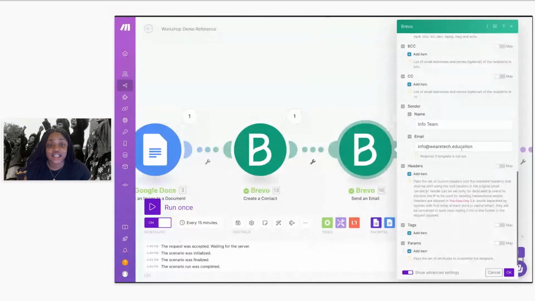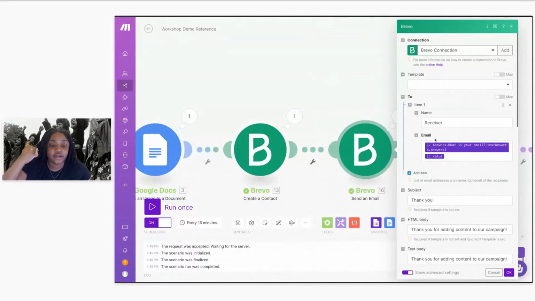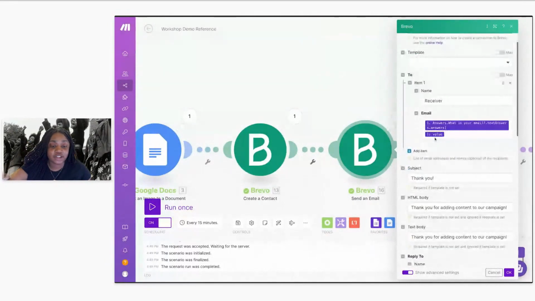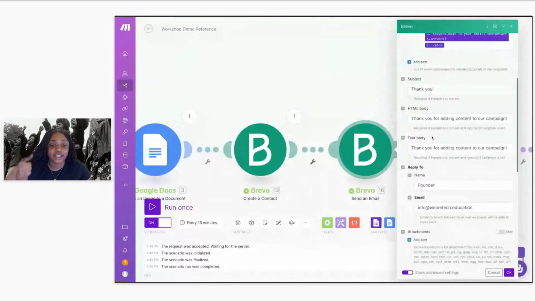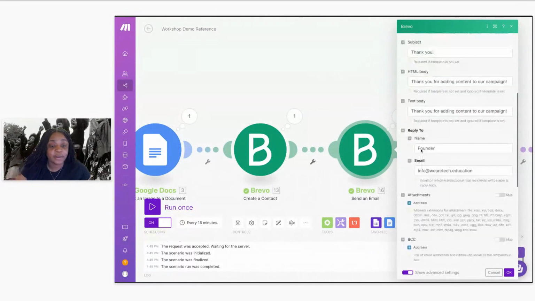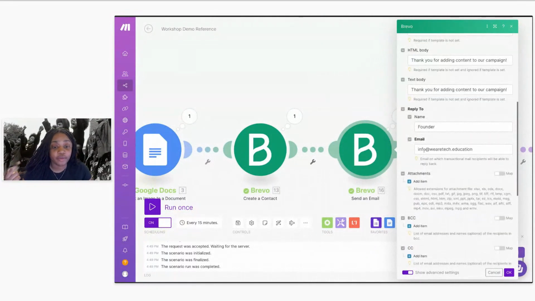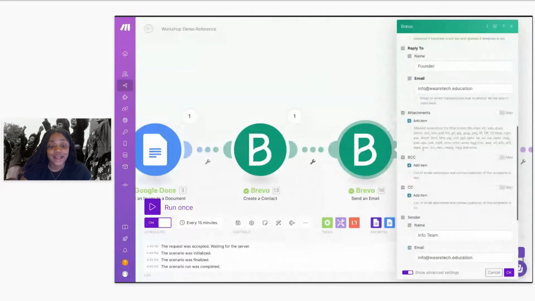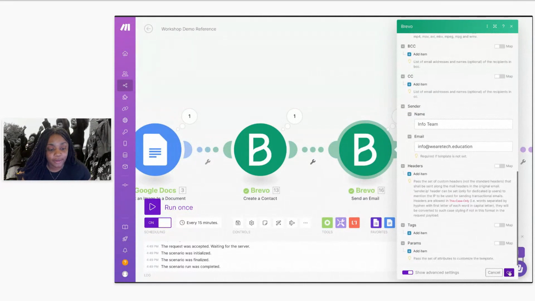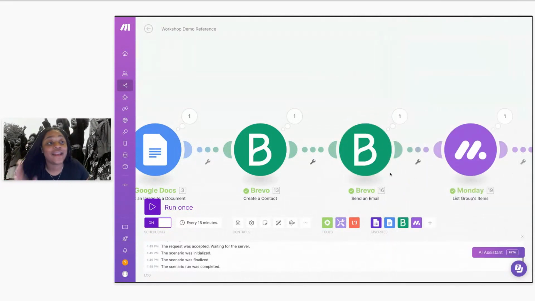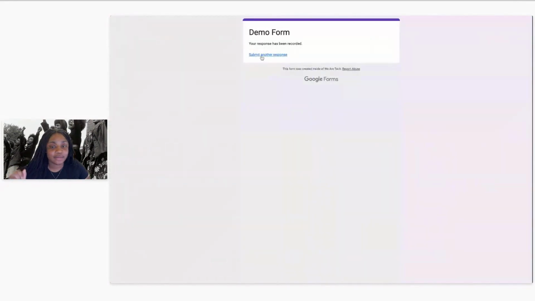Once I have those things set up, I have the email address for who the message is going to. I have the subject and the text body of what the message is going to be. I have my information on who the reply to contact is, and then I have my sender information. I am good to go. So I'm going to click OK. And now I can test my integration again. So what I'm going to do is I'm going to, again, go back to my form. I'm going to submit